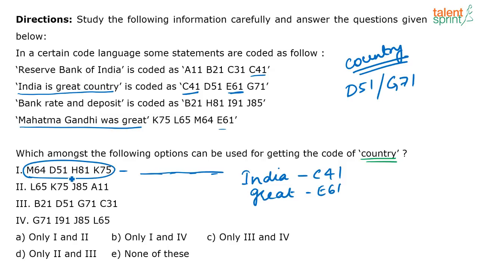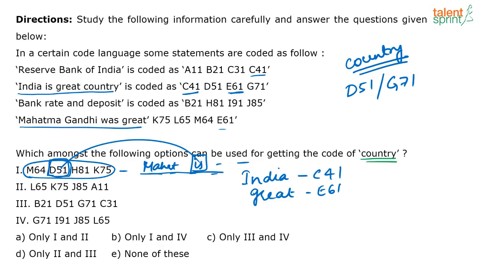If this is given, will I be able to say which is the code for country? Will I be able to find that out? See, you have D51 here, that is there in the given code, and only D51 is here. Already I know that the code for country is either D51 or G71. So if I am given this code based on the explanation for the code, right? Let us say they have given some statement, like Mahatma Gandhi is something. Whatever, it's not given here. Even if you assume something, if D51 is given here and is there, then you can say the code for is is D51 and G71 will be the code for country. I hope you are trying to